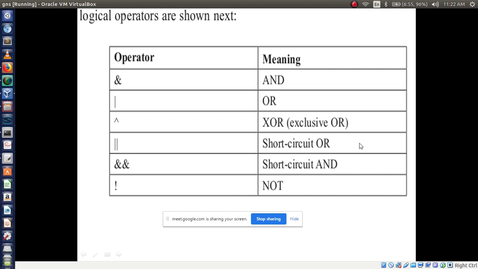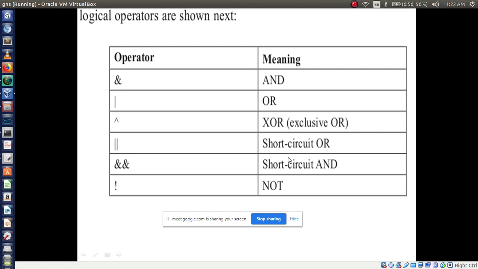In logical operators, you just remember these operators: AND operator, OR operator. This caret symbol, what is it called? It is nothing but XOR or exclusive OR. XOR, this one is short circuit OR, this one is short circuit AND. These all are new terminology.